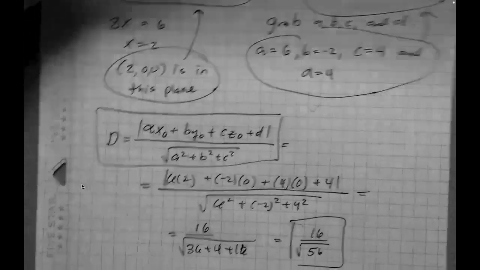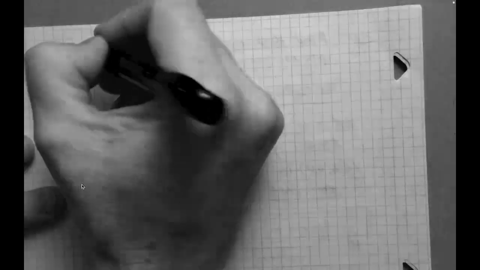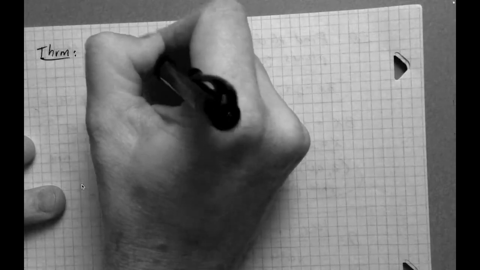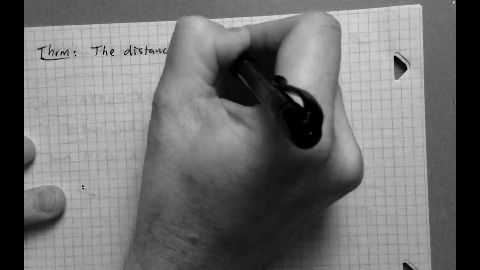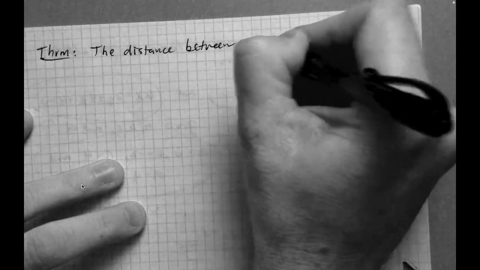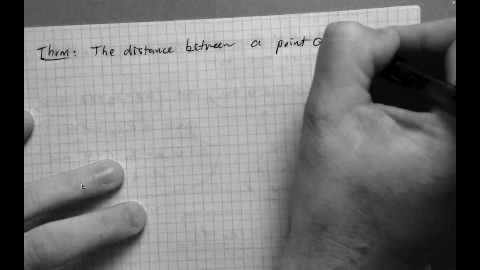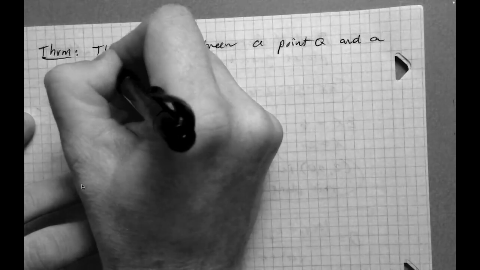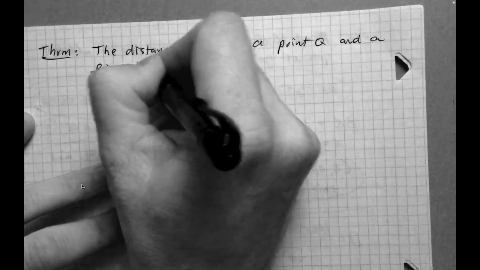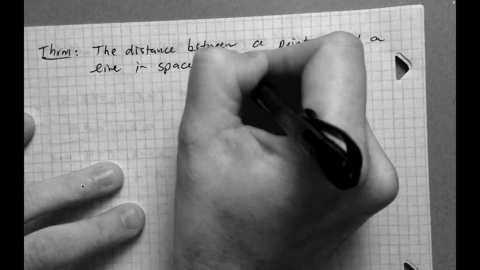Now, one more topic. All right, and the last thing we want to talk about is the distance between a point and a line in space. Okay, so we just got done talking about the distance between a point and a plane. So now we need the point and the line. Okay, so theorem, the distance between a point Q and a line in space is given by,